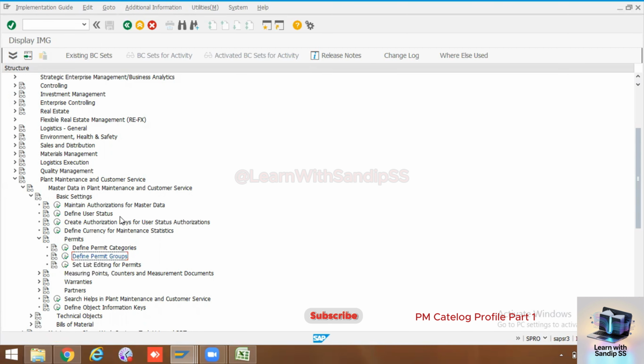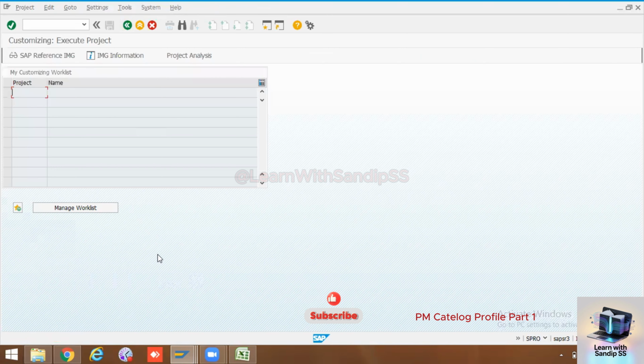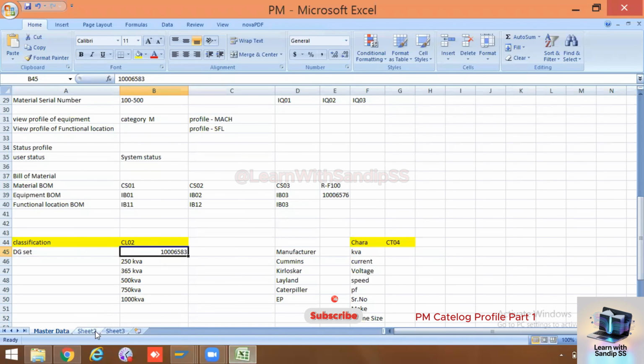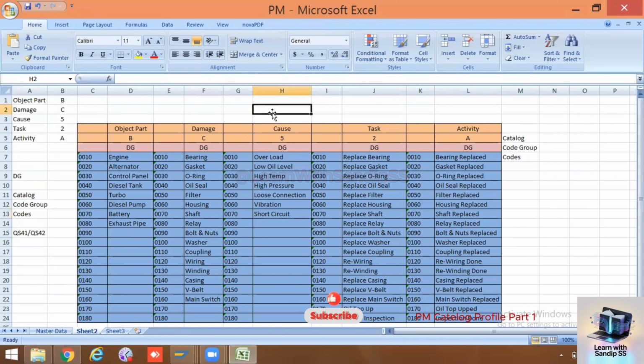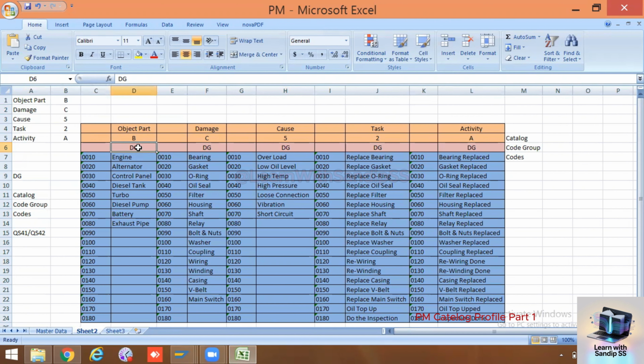One important topic, which is known as catalog profile. For training purposes, I have created one document. If our diesel generator got failed, and an operator or any maintenance worker has created the notification that the diesel generator is making some sound,